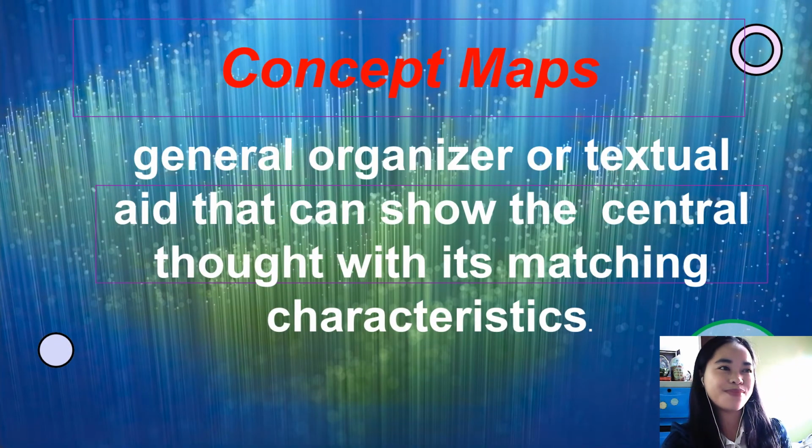And of course, we also have here our concept maps. Generally, a concept map is similar to a graphic organizer. It goes with circles and arrows, but a concept map is a general organizer or a textual aid that shows the central thought with its matching characteristics. So they always go back to one single idea and it branches out into different characteristics. To give you an example, we have,